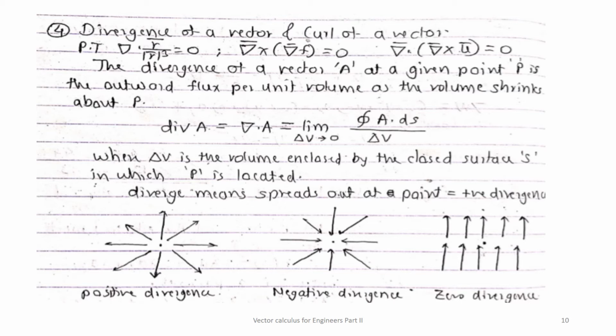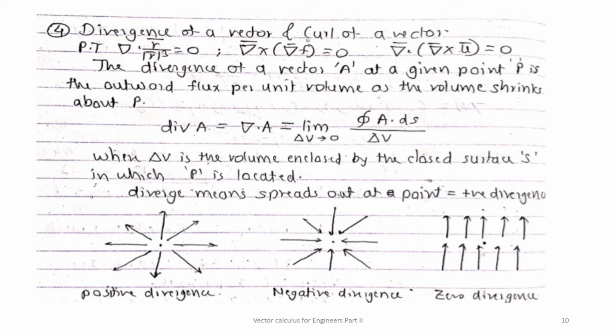In the next slide equations are written for divergence of A in different coordinate systems, that is 3 coordinate systems: Cartesian, cylindrical, and spherical. And then we are going to derive this formula, that is divergence of r bar divided by magnitude of r cubed, you will get 0. Then curl of gradient of f is equal to 0, and divergence of curl of u is equal to 0. To derive these equations you should understand what curl is. Once you understand divergence and curl, then you will be able to derive these equations.